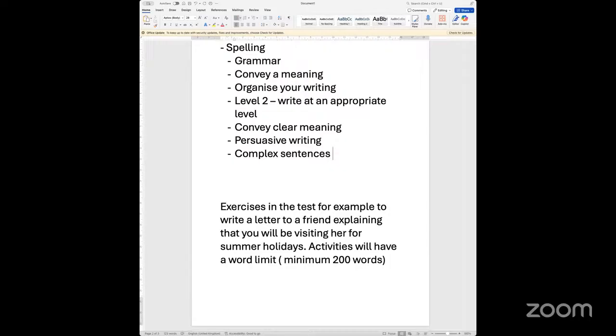You've said intermittent fasting is required to be able to lose weight, and this is showing that you have a depth of knowledge which you are actually bringing across into the topic. So that would be, say, complex sentences. Now, these are the 8 areas which you need to be focused on in terms of writing.